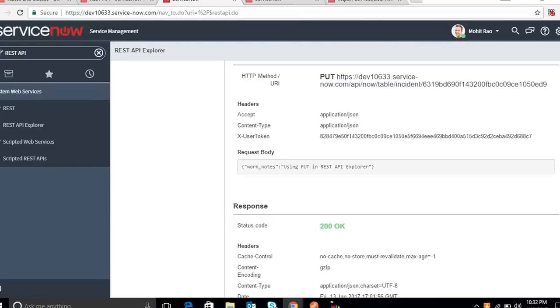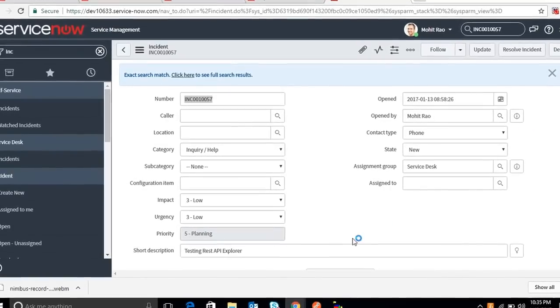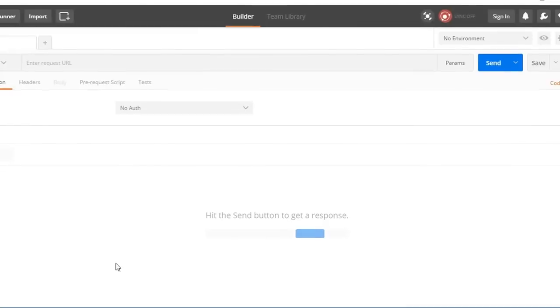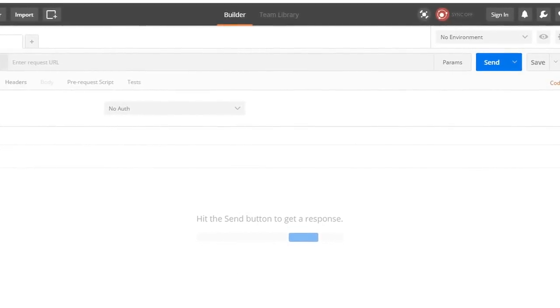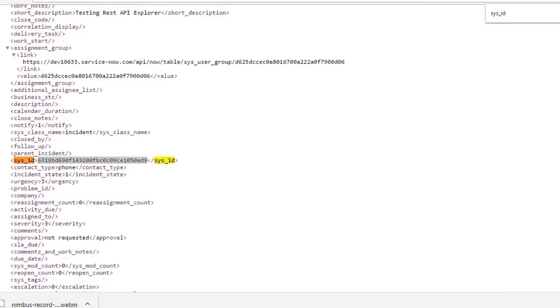So let's consider if you don't have a REST API Explorer. Your company is telling, I will not give you REST API Explorer. So you have a tool called Postman. So we can do the same using Postman. This is Postman, Chrome client. So let's see how we will get the information in Postman, just like we did for REST API Explorer.